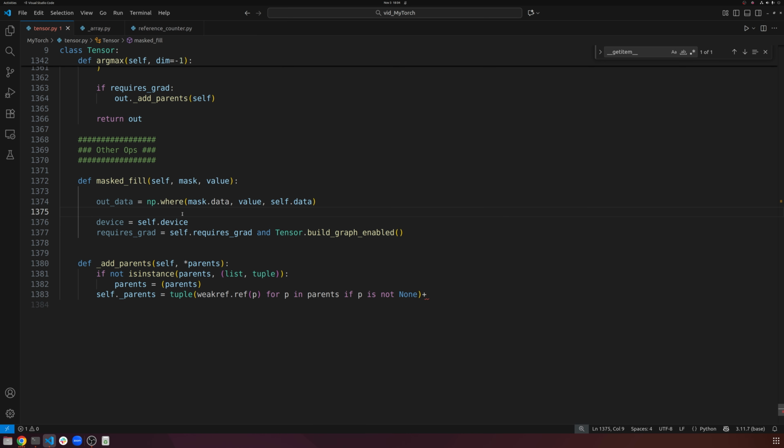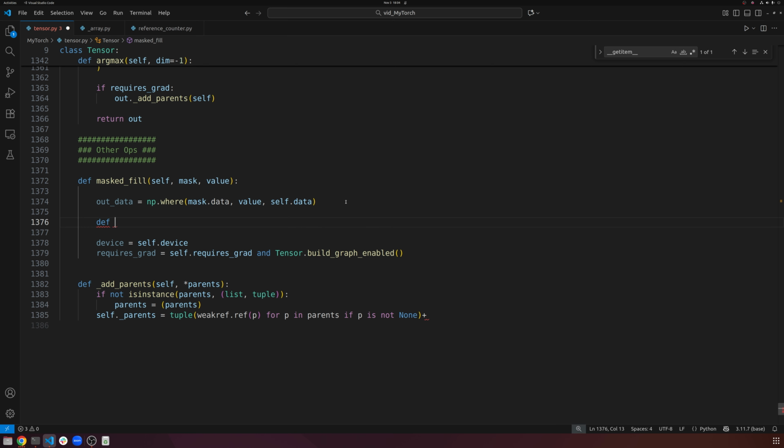So basically, I want to, with this mask, use these values where the mask is true, and these values where the mask is false. And that's it. This is going to create a new matrix that has the value at the mask where I say it's true, and then it'll just use the original data everywhere else. And that's it. And so def mask_fill_backward